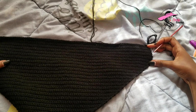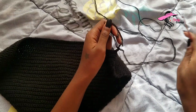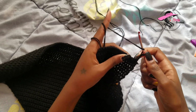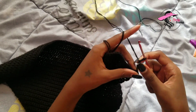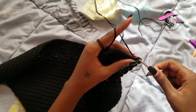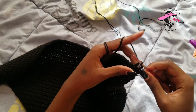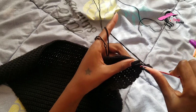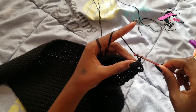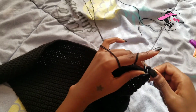stitches, this part. Okay, so the next thing we're going to do, because you need to make this top look, you know, cute, is you're going to chain 4, and then you're going to skip 2, and then in the third one you're going to make a V-stitch. Okay, chain 1, then in the same stitch make another double crochet like that. Then you're going to chain 2, then you're going to skip 2, and then in the third one you're going to make another V-stitch,